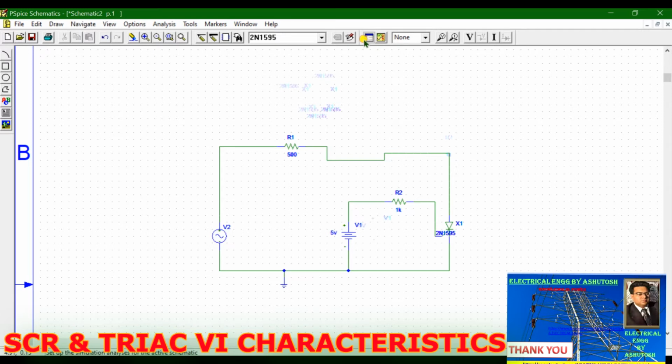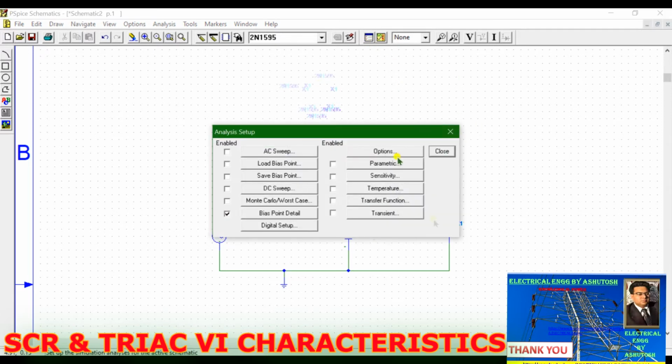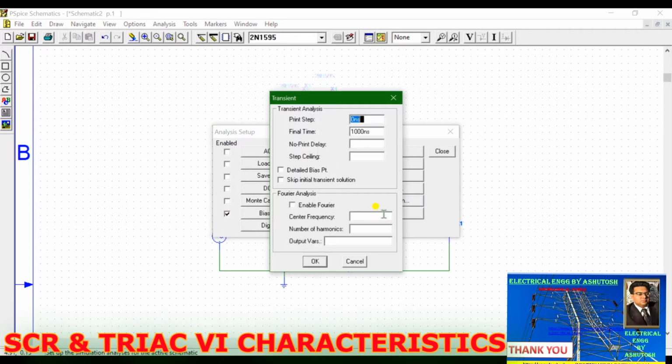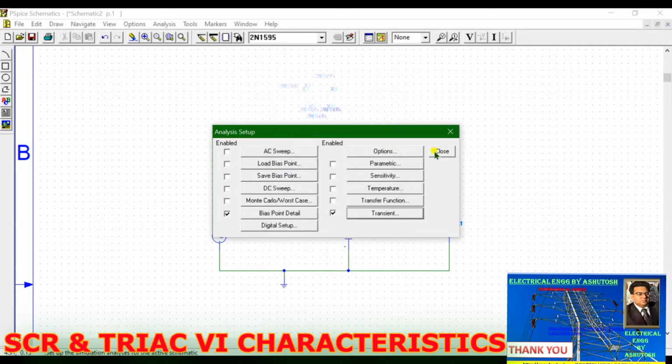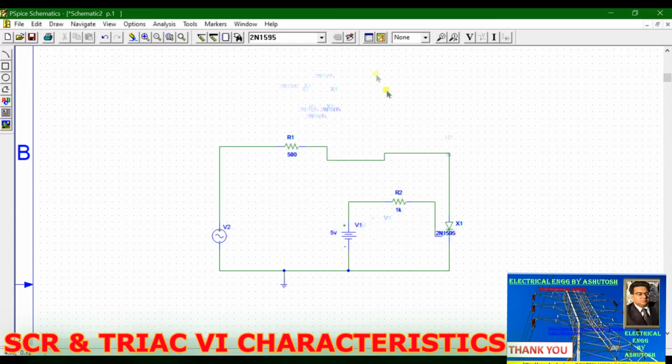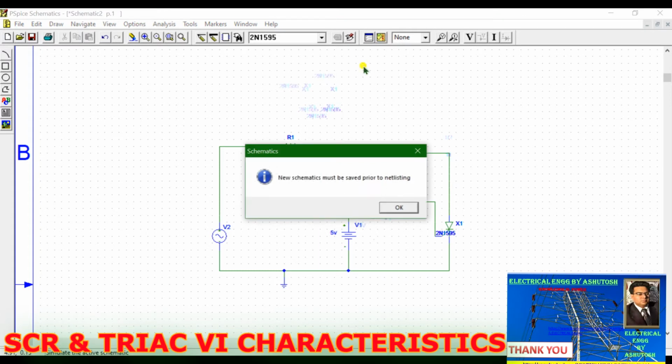Okay, first we will go to the setup analysis and set the transient. From here we are setting the final time 100 millisecond in this transient section. Then click OK, then close, and now you can directly go to simulate.